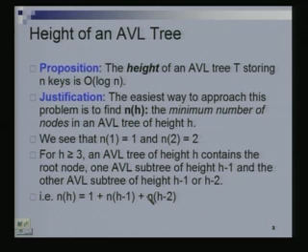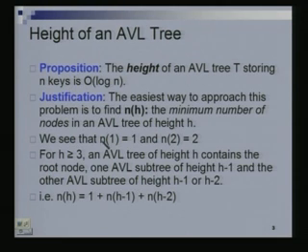Once again we are seeing a recurrence relation. Everyone satisfied with this? Yeah. So this is what we have to solve today. And what are the base conditions? We know n of 1 is 1 and n of 2 is 2. With that you can figure out what n of 3 would be. n of 3 would be 1 plus 1 plus 2, 4. And so on and on. But we would like a closed form expression to be able to do this. So we'll solve this recurrence.